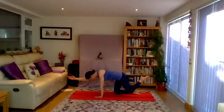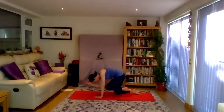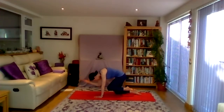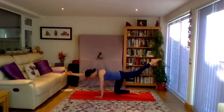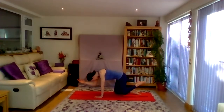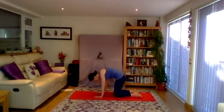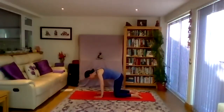As you exhale, gently pulling that right arm in, taking that left leg in and taking that right elbow to that left knee. Inhaling, reaching all the way out with the limbs. Exhaling, curving everything in. Inhaling, reaching all the way out. And exhaling, curling everything in. And then gently dropping that right hand and that left knee back down onto the mat, and we'll repeat on